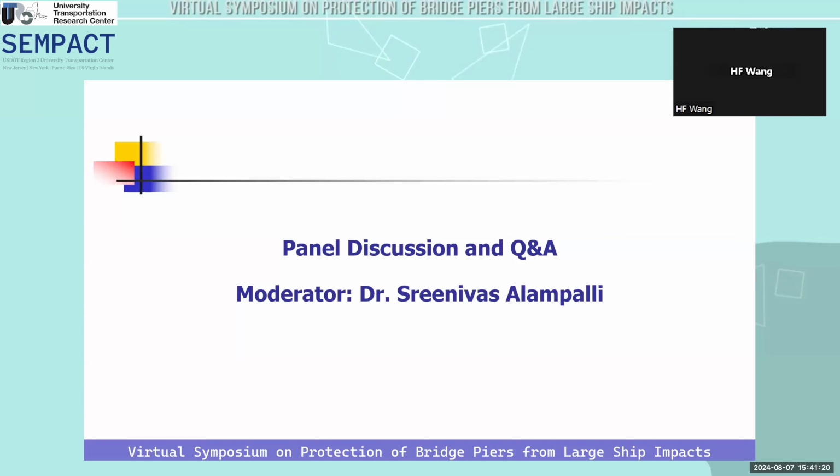So it's not just the cost of the bridge, or how much it costs to retrofit or put in a protective measure. We are looking at the Key Bridge collapse going overall to more than $20 billion. And even if you have to put in $50 or $60 million to protect it, it's not much, if you think about what is happening.